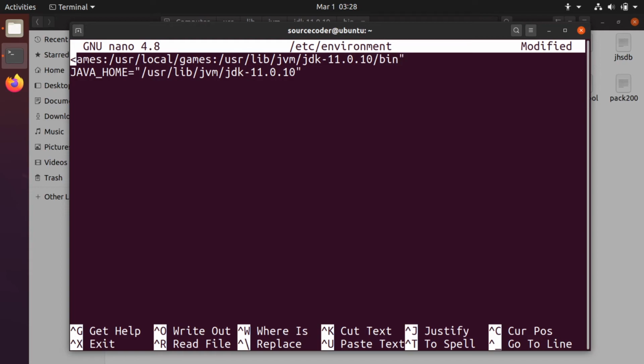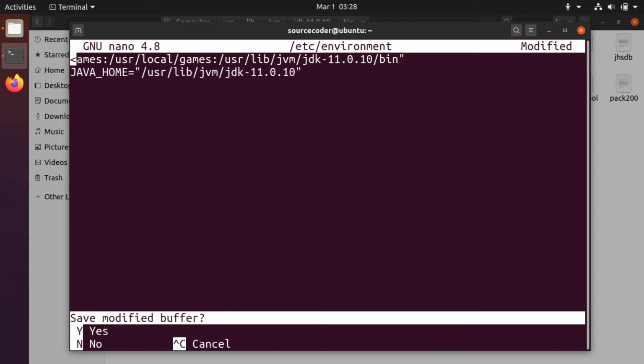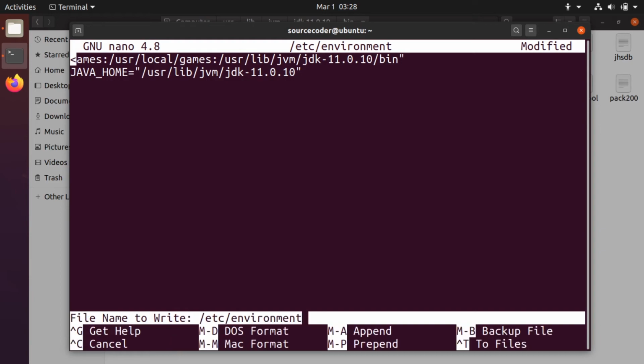Press Ctrl X, then Y to save changes and press enter.